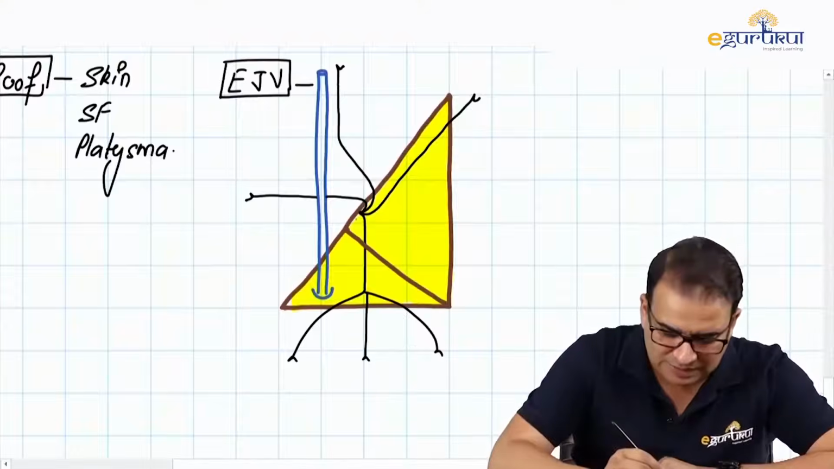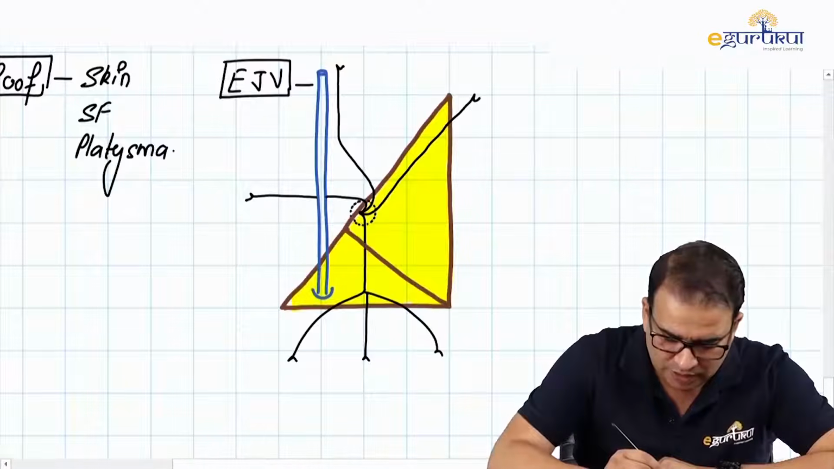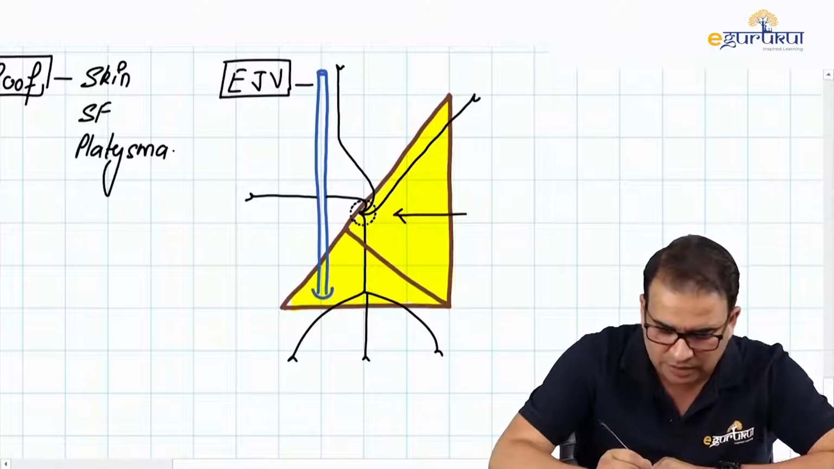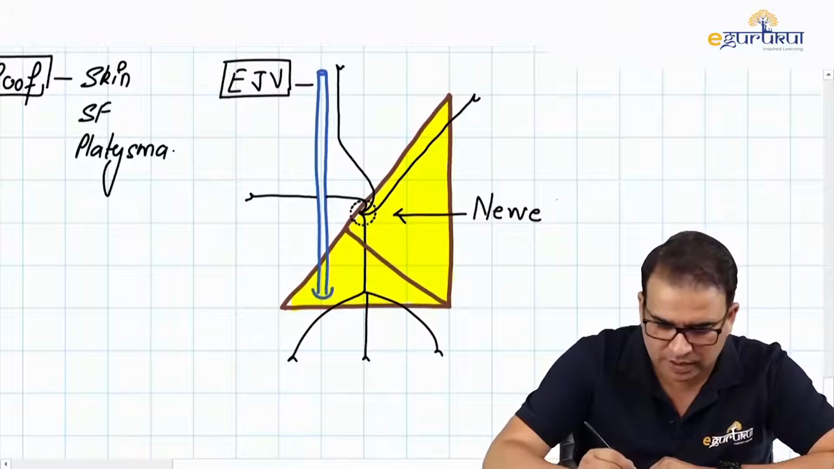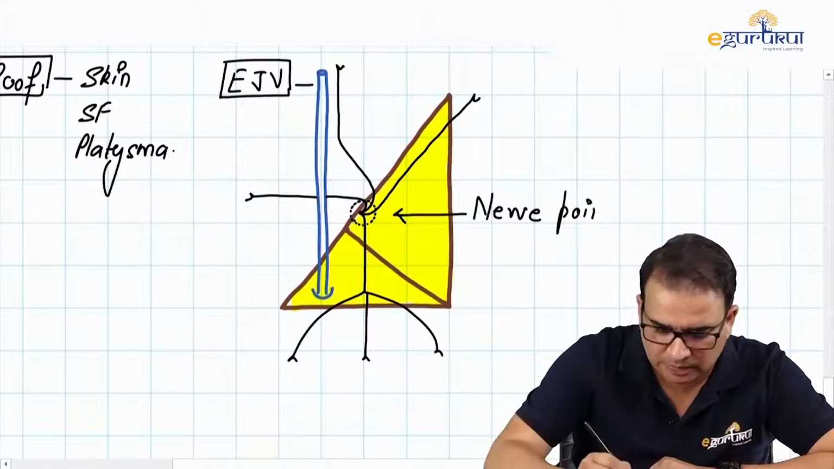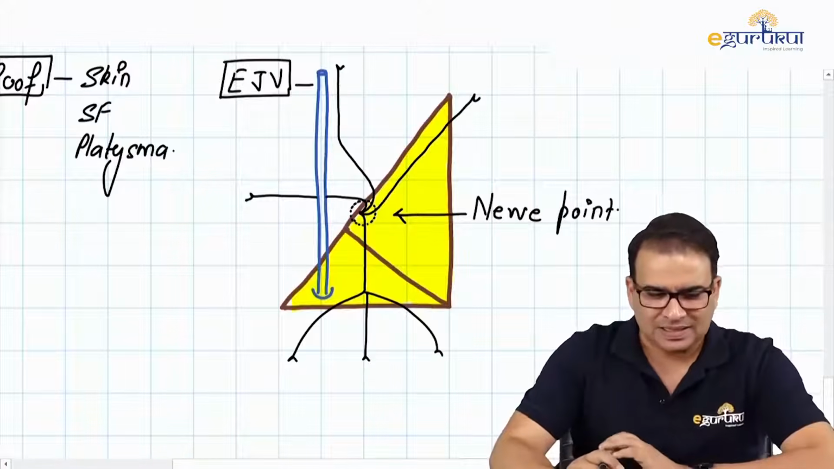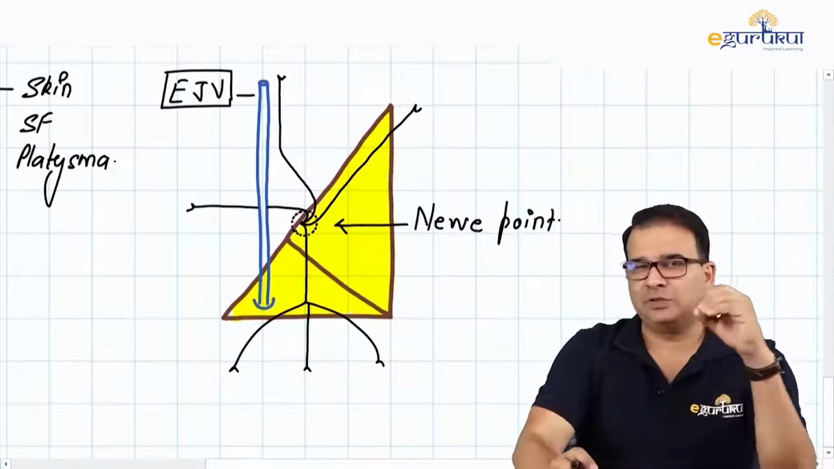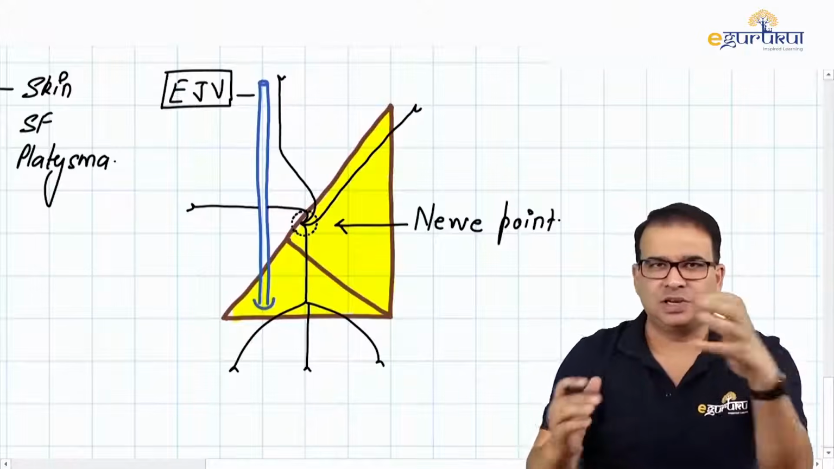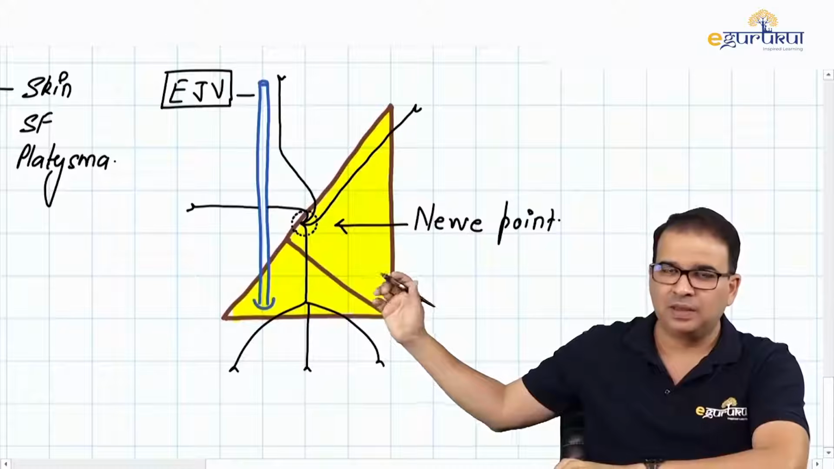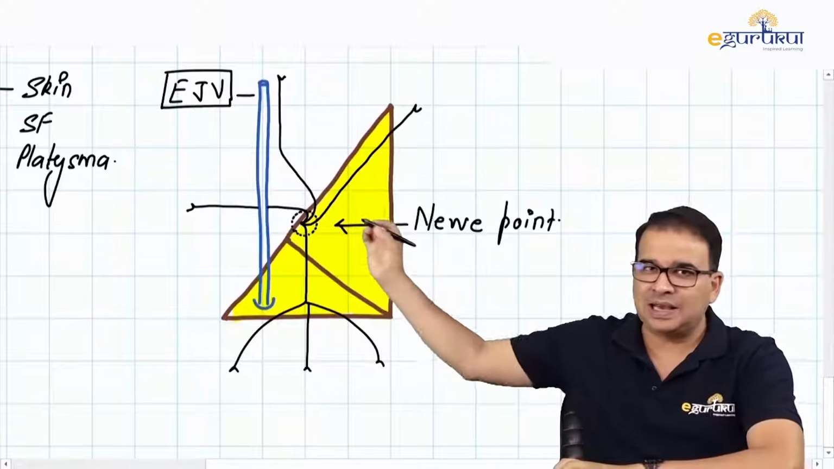Now before I name these nerves, this point here, guys, is an important point. This point here is called the nerve point. And why is this nerve point important? Because imagine while doing any surgical intervention to the posterior triangle, if a surgeon accidentally incises this point here, the nerve point,